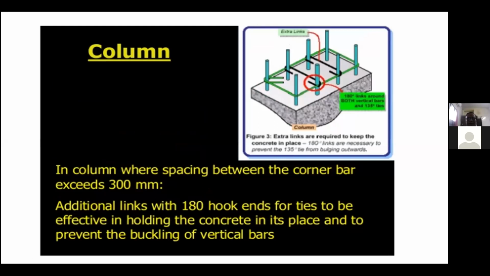Now there are requirements in the code for columns where the spacing between the corner bars exceeds 300 millimeters. Here in the column we are providing 8 bars. Whenever the spacing is more than 300 mm, you have to provide at least a single hook. The black color shows the hook, and the green color is going to be the hook too. It is going to be like the stirrups. It starts from here and connects to all the bars. Now, if you look at the other bar next to the corner bar, what will happen?